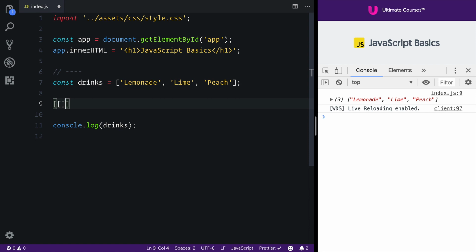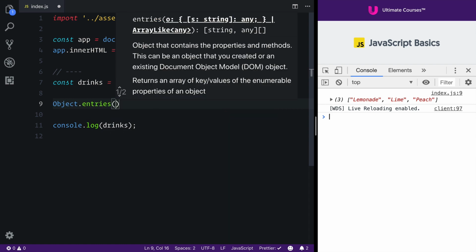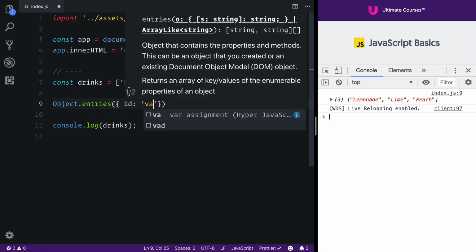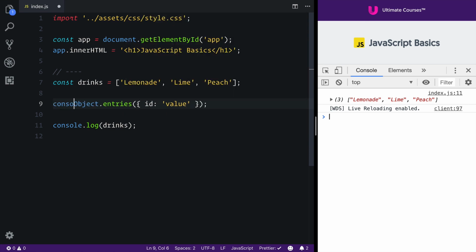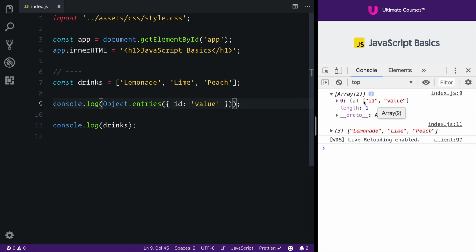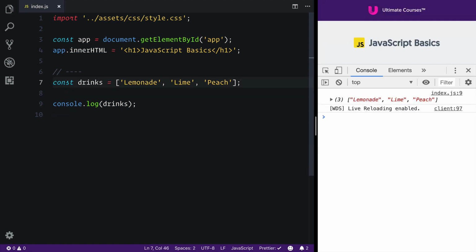And we already looked at this in our objects chapter where we used Object.entries on a particular object. So for instance, we had ID and then I am the value. And when we wrap this in a console log, we can see that we have an array with an array inside it. So we've already experimented with a multi-dimensional array, but sometimes we want to learn how to declare and